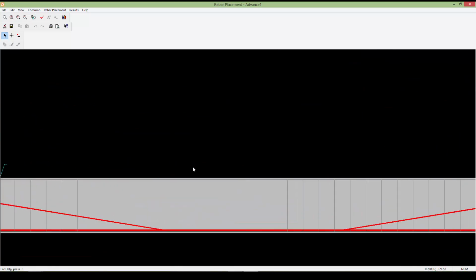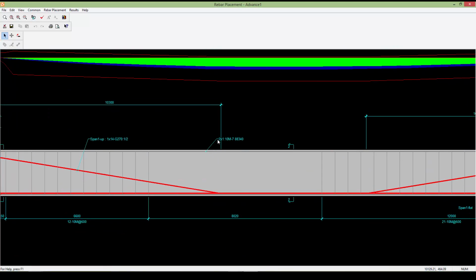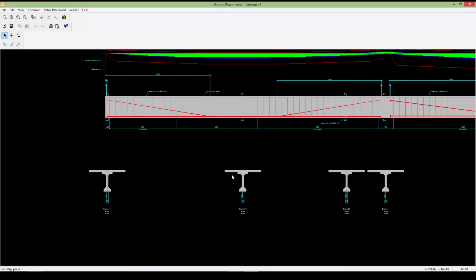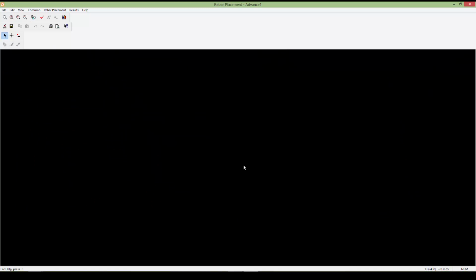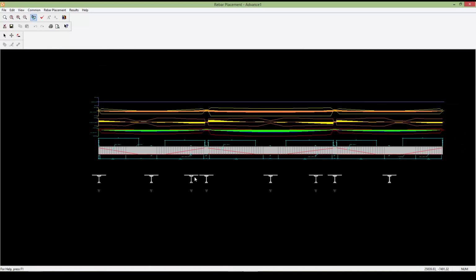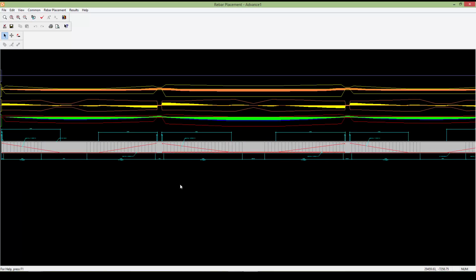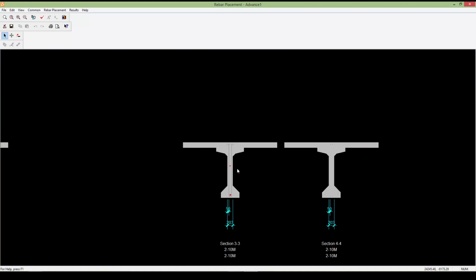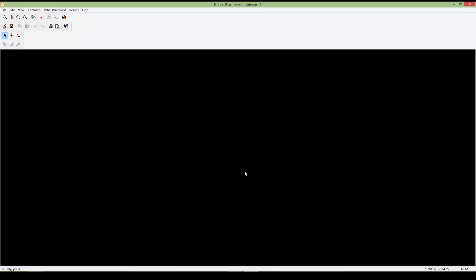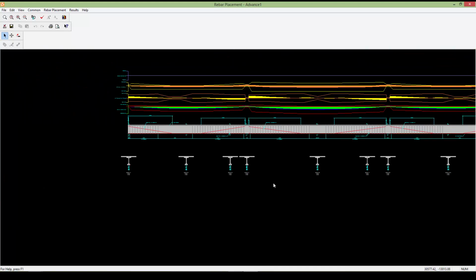Also here, ADA shows the number of main reinforcement here. It's 210 mm. Section. And if we apply the moving loads in the next sessions, we will have much different results. We will have heavier main reinforcement. But for the purpose of this session, it was enough to know that